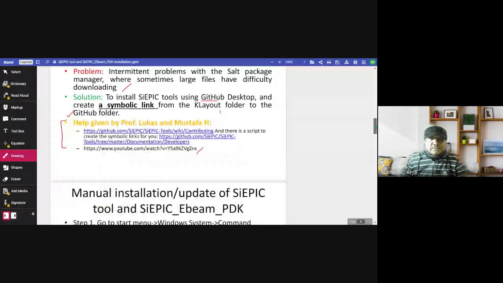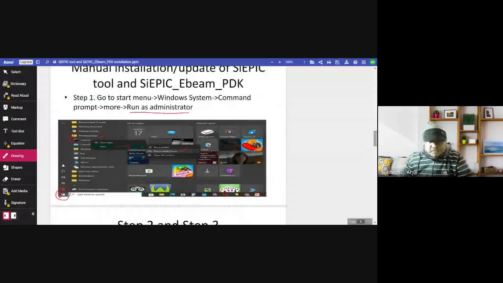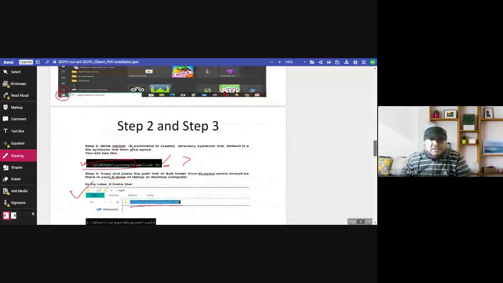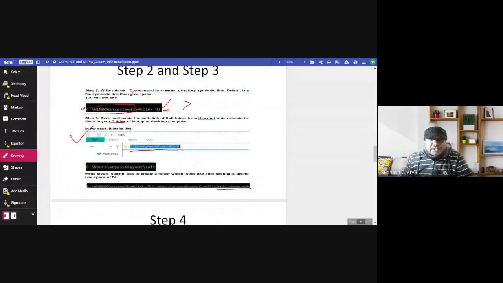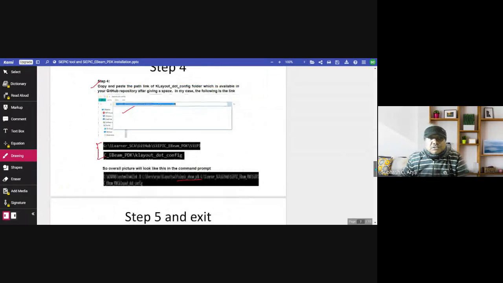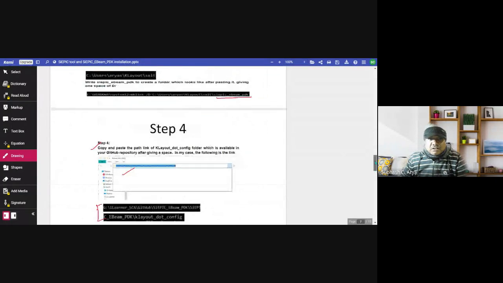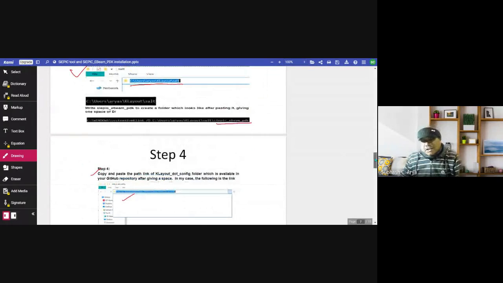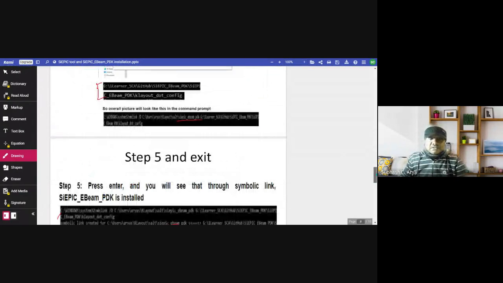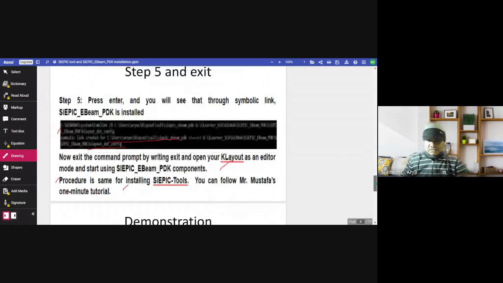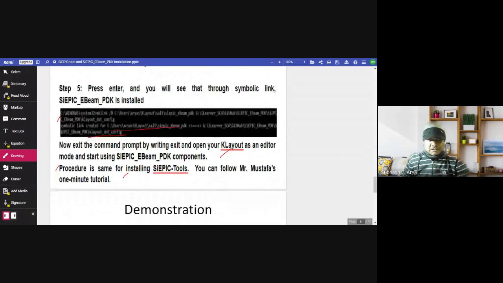What we have done, we have first opened the command prompt as an administrator, and after that written mklink /d, then copied the path link of the salt folder, then the SciEpic PDK klayout.config file.